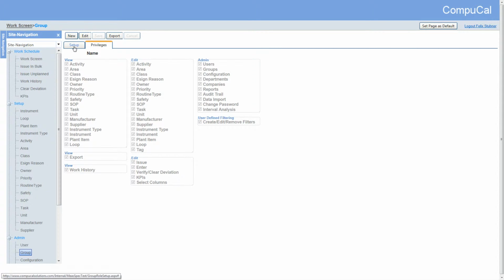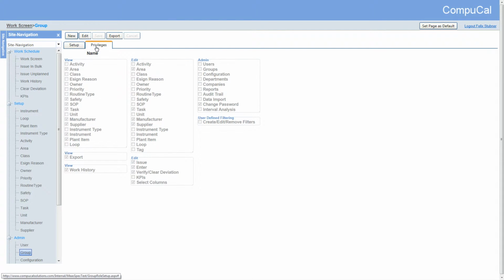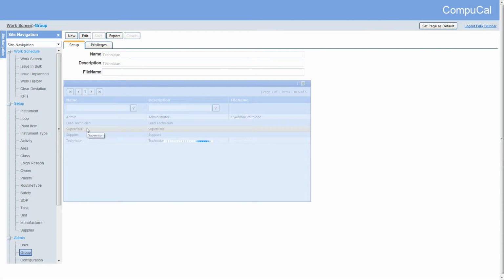It is generally recommended to set up a number of groups with different privileges. For example, the technicians group with access to areas in the system that would be of interest to the users assigned to that group. Or we can also set up a supervisors group, which will have access to all areas of the system.